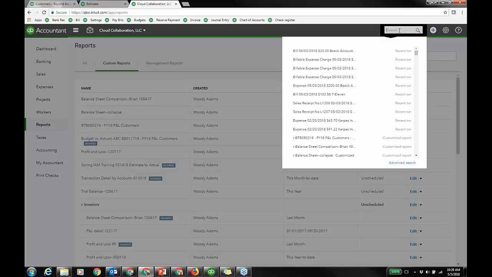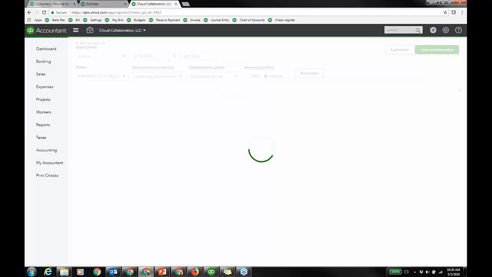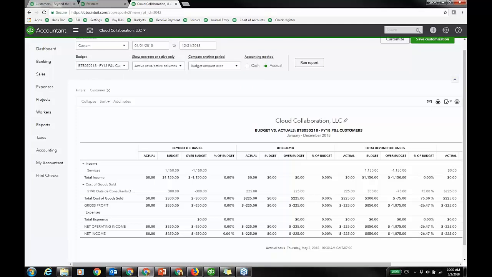If you left click in the search field, it'll be one of the 10 probably. Quick way to find it, but I'm just going to go to the report. So here's my budget to actual, right? This is my quote-unquote estimate to actual reporting. I have the actual, the budgeted, and